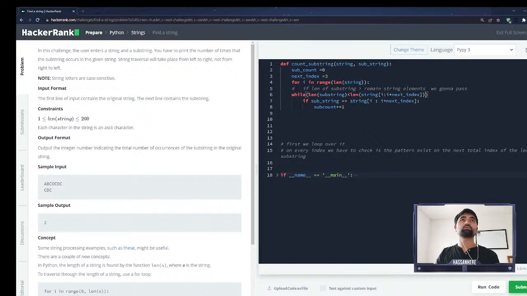The process is getting messy. So if length of substring is less than, as long as this is less than the length of the remaining elements, and we can only get the remaining elements if we have the index of I to the I of this thing. Okay, so we have to also make sure that